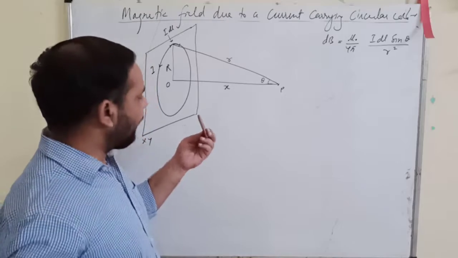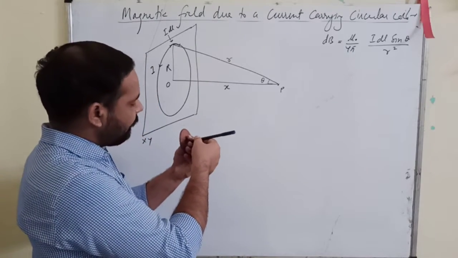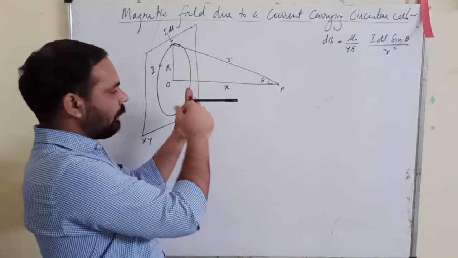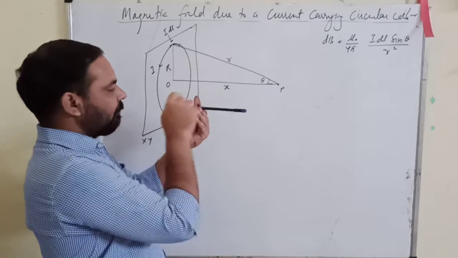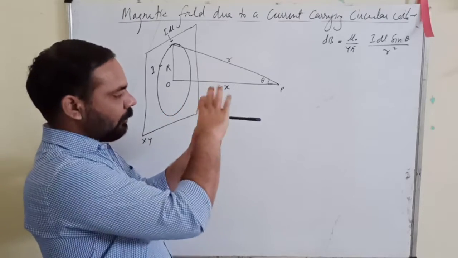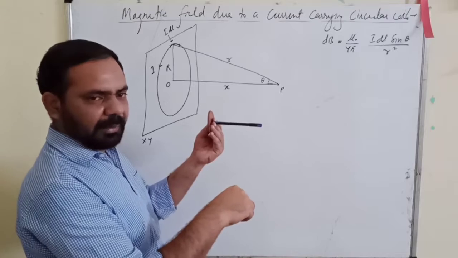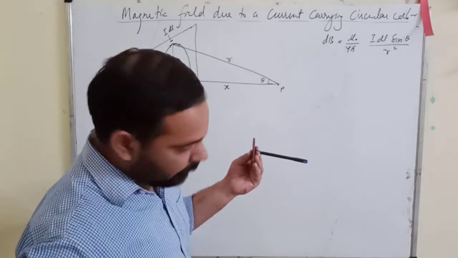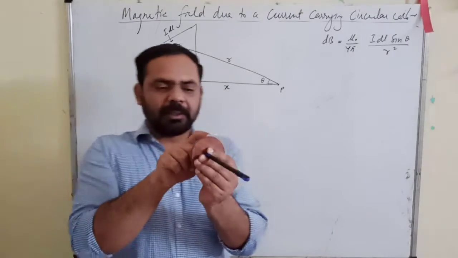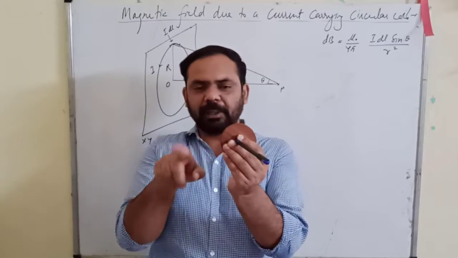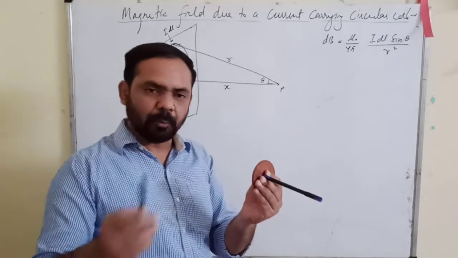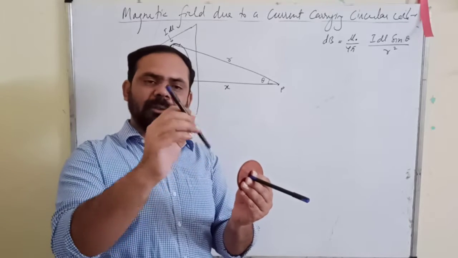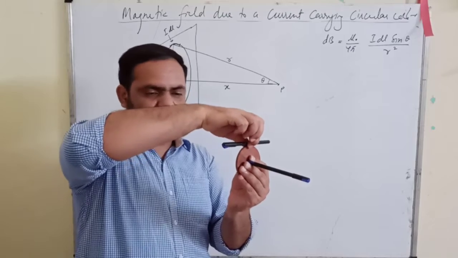We are finding the magnetic field at a point which is on the normal axis, the axis of the coil which is passing through the center. Here is the point where you want to find out the magnetic field due to the current carrying coil. The current is flowing in this direction. Now, IDL is considered here at the top. The direction of current at any point will be tangential to the coil, and suppose the cap represents the direction of the current, so it is like this.